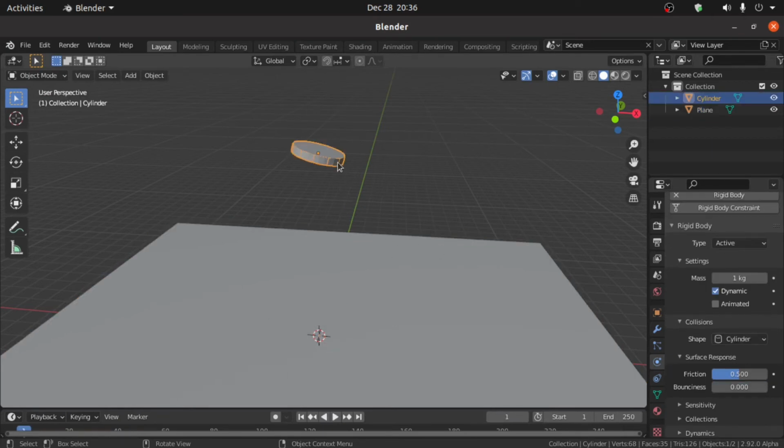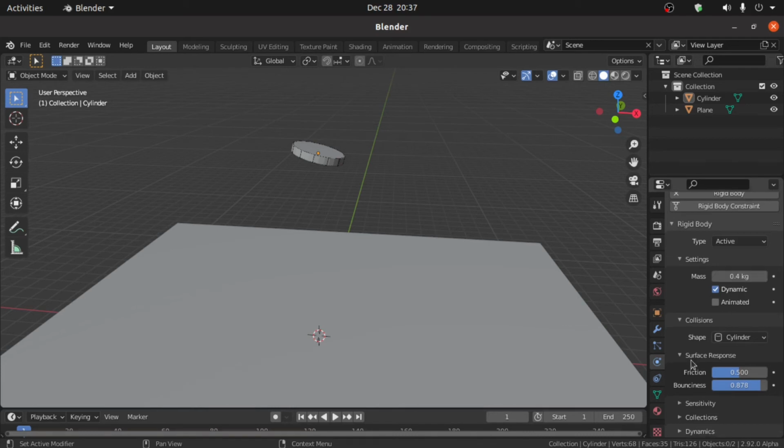Now select this cylinder, and under this surface response, increase this bounciness value, something like this. Now press space bar and you have this type of animation. You can experiment with this mass value, something like 0.4, and you can also experiment with this dynamic